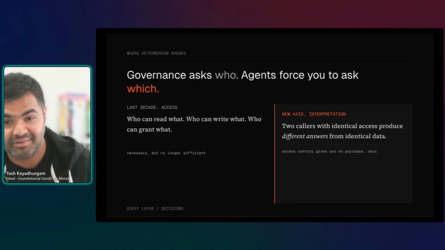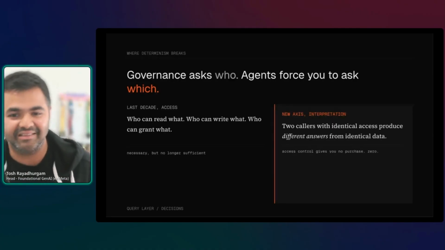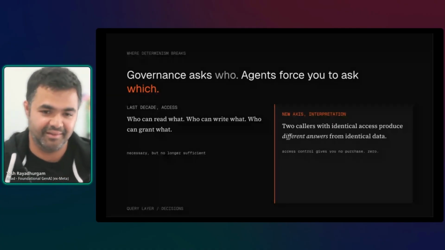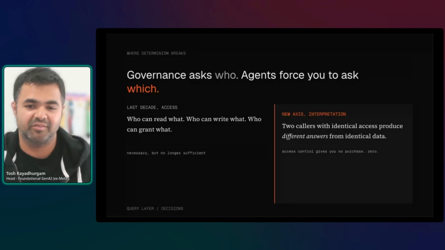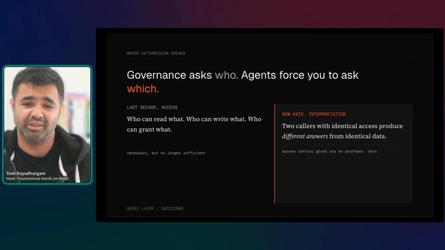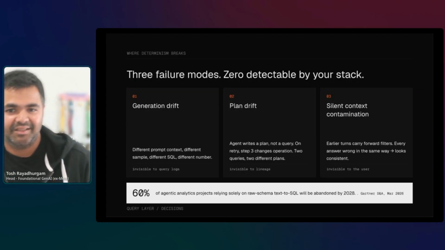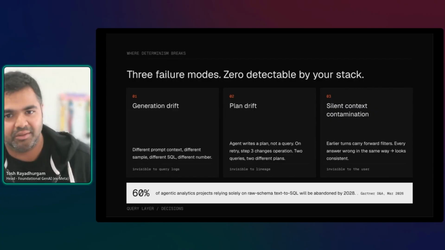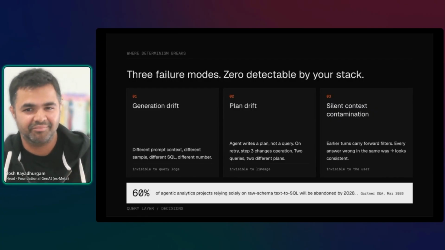Two callers with identical access are producing different answers from similar or identical data, right? So I think access control just gives you no purchase on that, because it's not the wrong tool. It's just a tool for a different problem than the one you have. And the three failure modes that I wanted to mention, and the reason I'm being a little careful about this, is